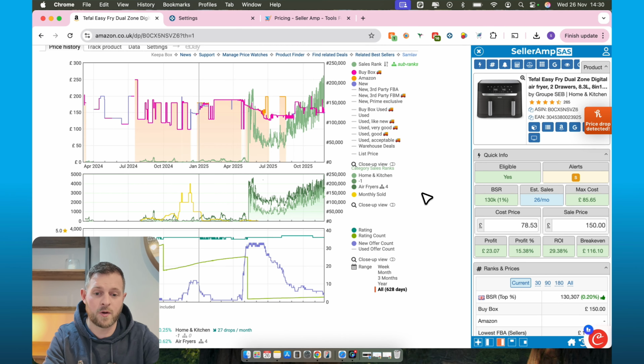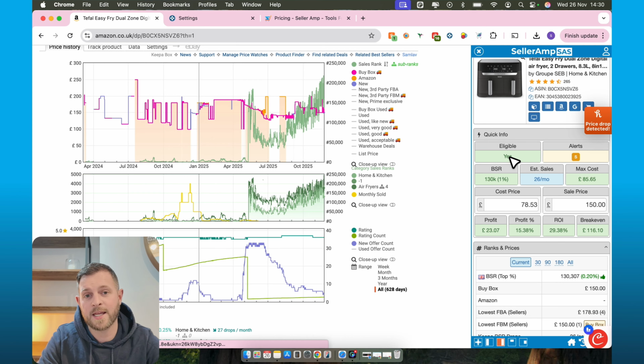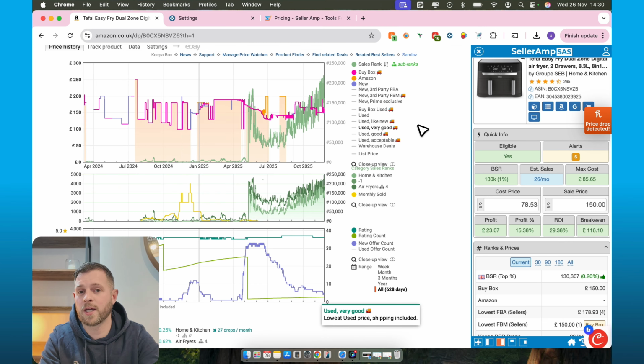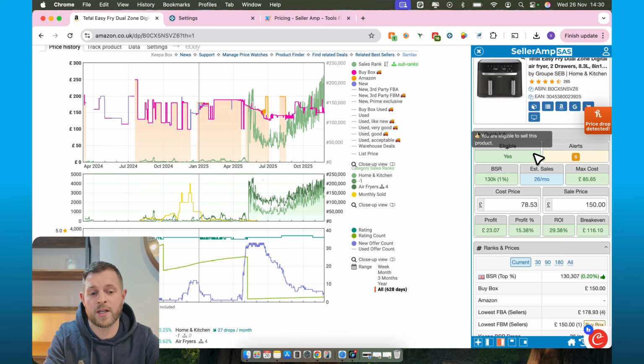Now, secondly, you've got Seller Amp. So again, this is here on the right hand side. This is more of your profit calculator. So you need both of them to work together in order to really understand how many to buy. So Keeper is more going to guide you on whether it's a good buy or not. And then you're going to go into Seller Amp, and that's going to essentially advise you on how many it